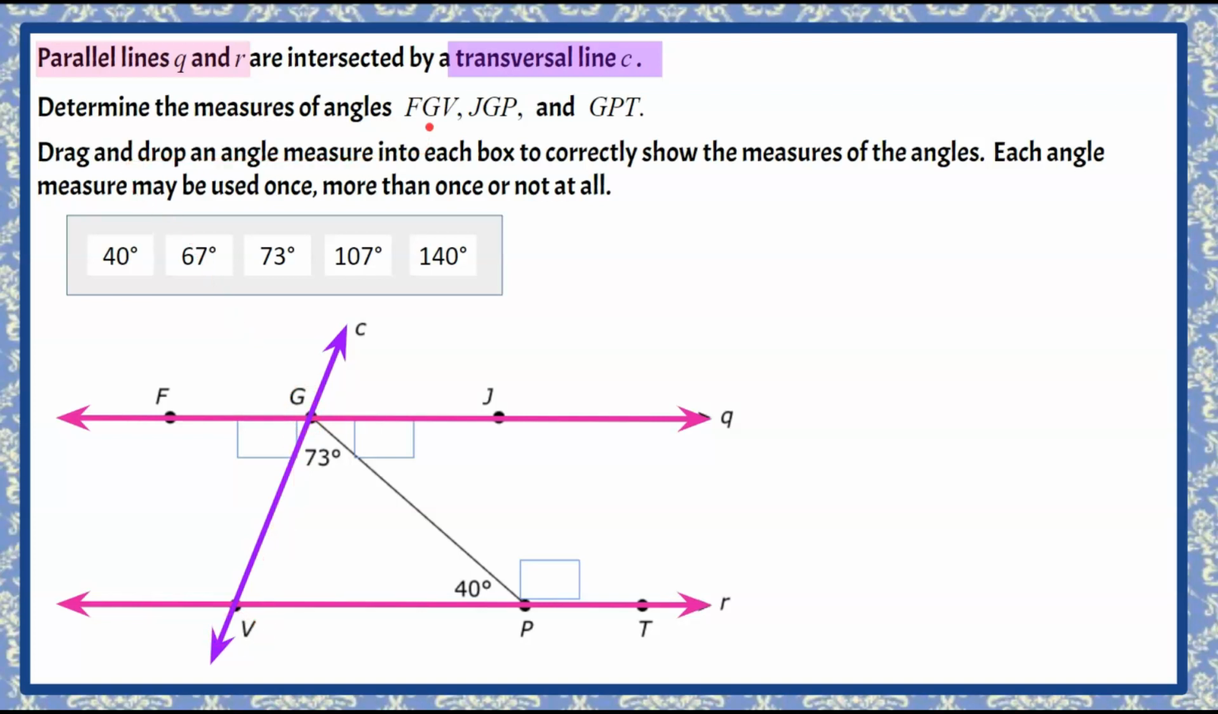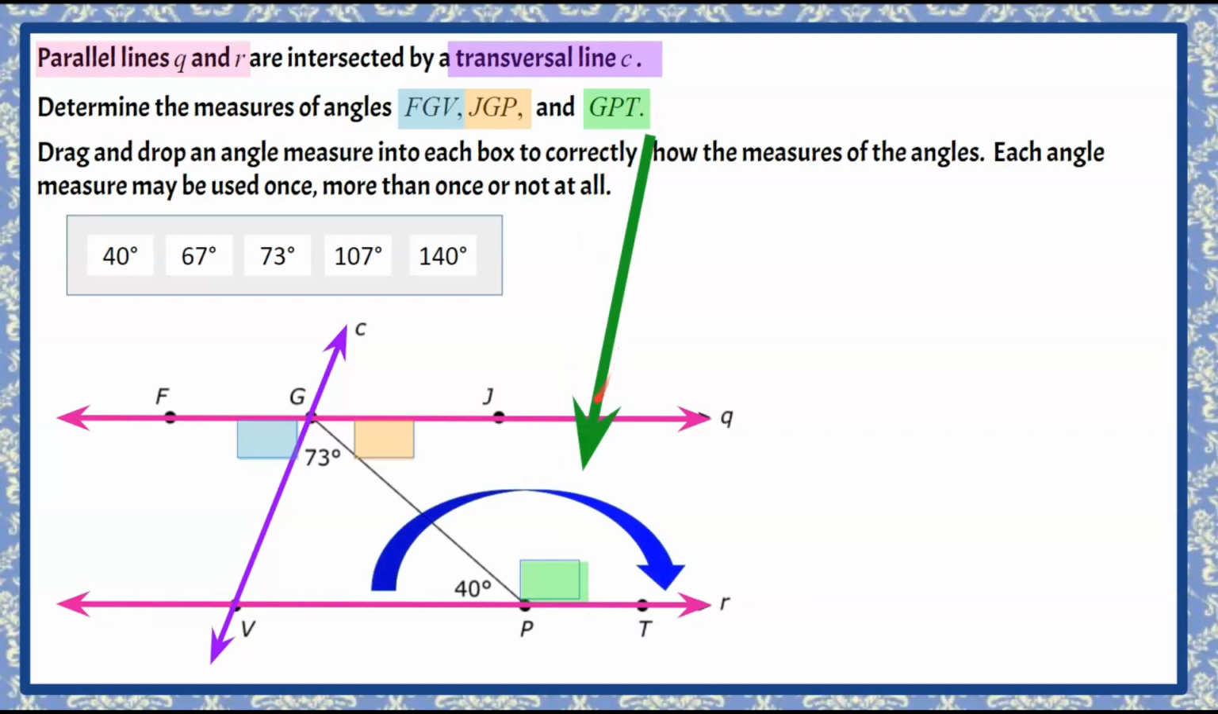So we're going to determine the angle FGV. That's that blue box right here that I just color-coded to match the angle name. We have JGP, so here's our orange to correspond to that, and GPT, and that's this angle right here. We'll call it green. I'm going to start by finding this last one mentioned, the green angle GPT, because